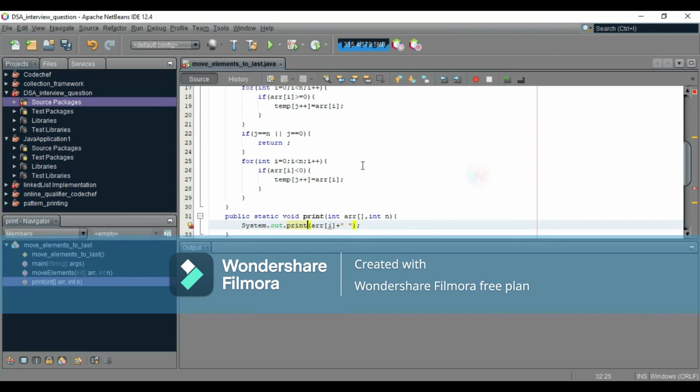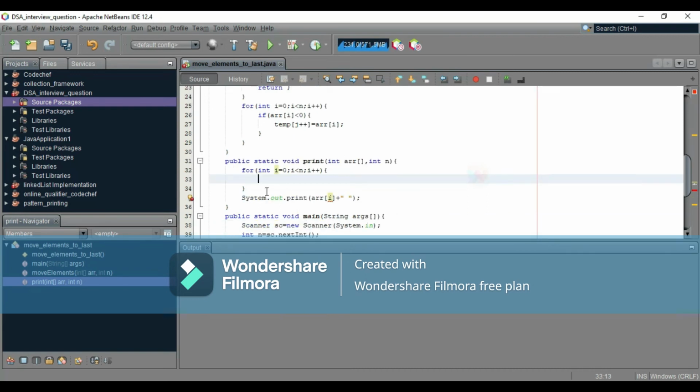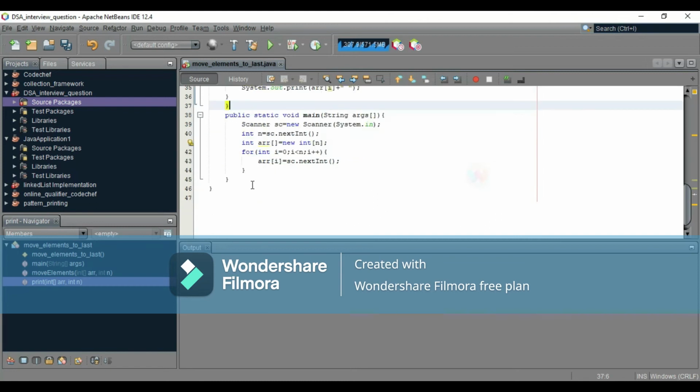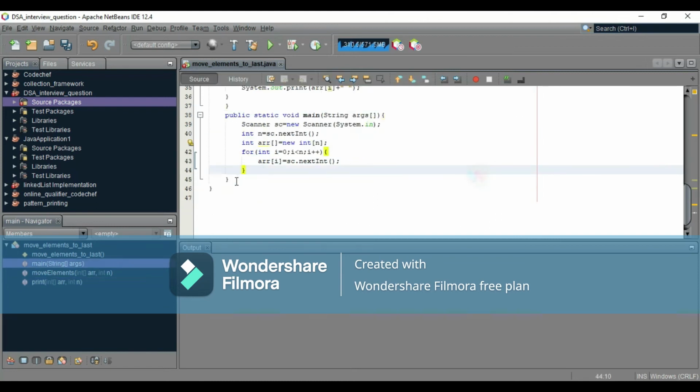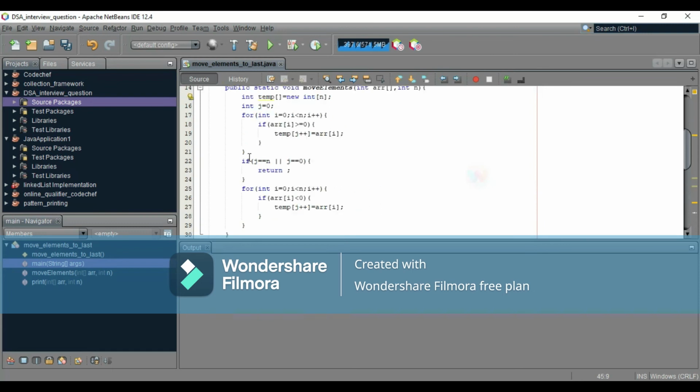and we have to also include a loop, that is, for int i is equal to 0, i less than n, i plus plus, and enter, and place this System.out.println in this loop, and after that we have to just call the function,